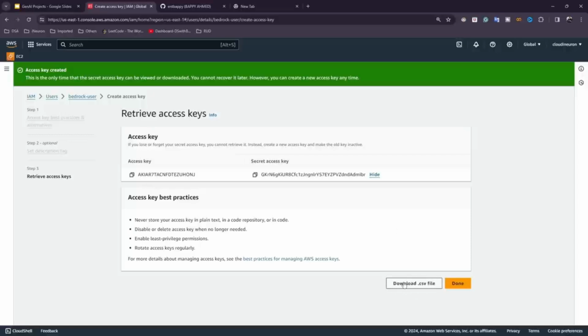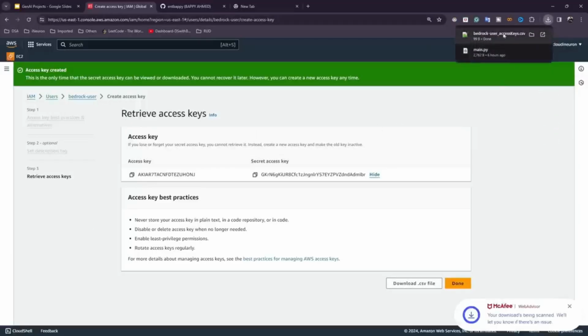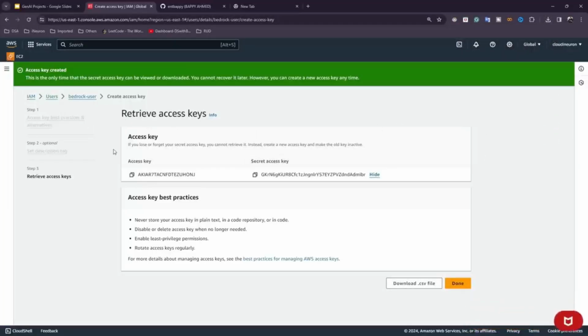So click on this particular button. Okay, it will download as a CSV file. See, I've already downloaded. Now if you want to authenticate with your actual code,